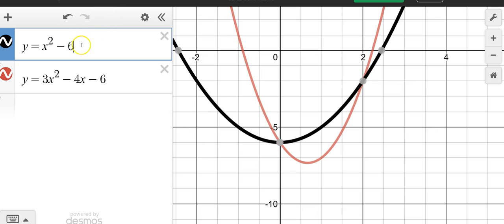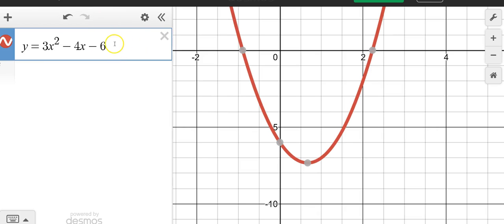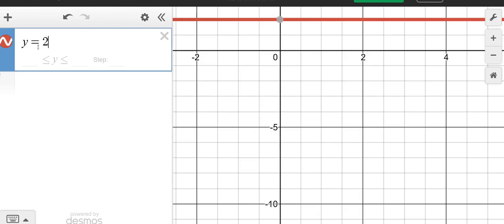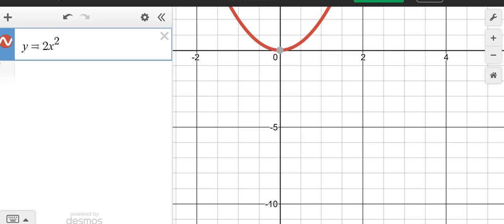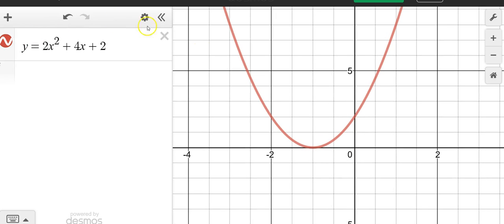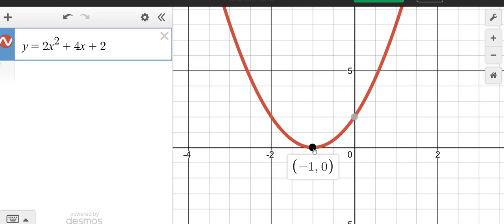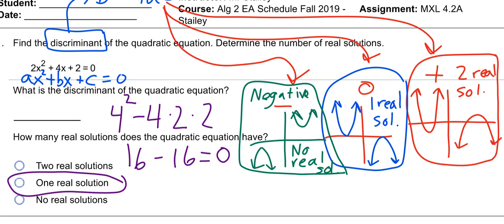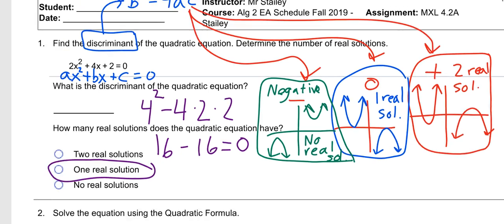Y equals 2x squared plus 4x plus 2. Look, it touches in one spot. Right there at -1 is where that one particular one touched. Okay? Now,